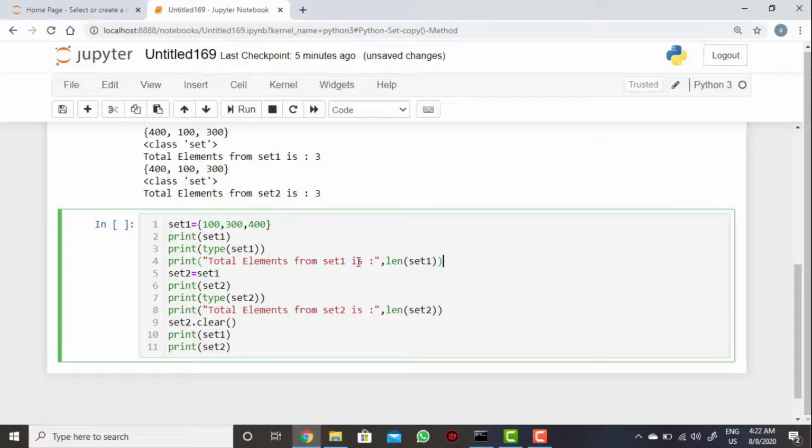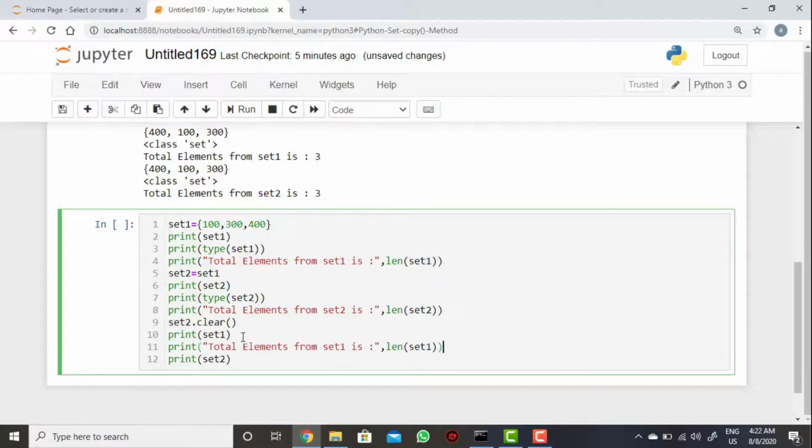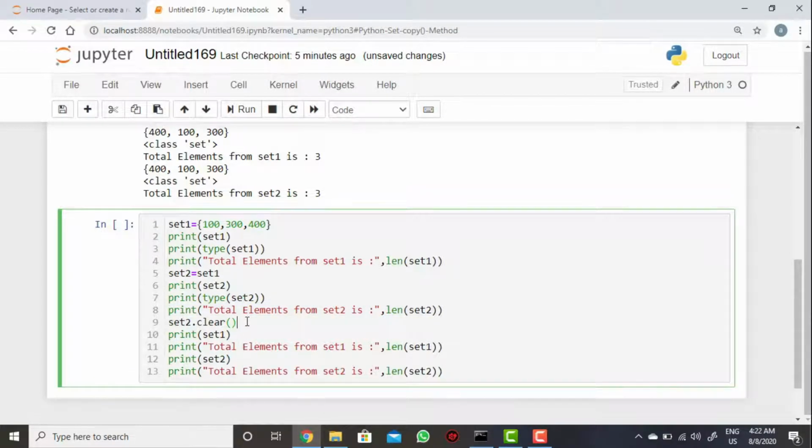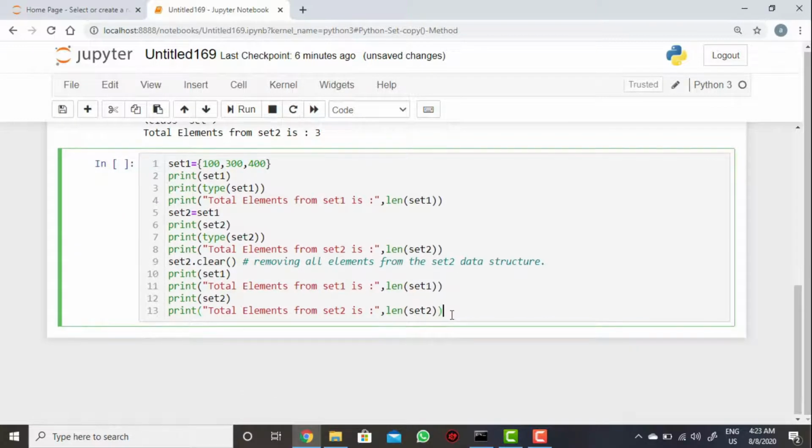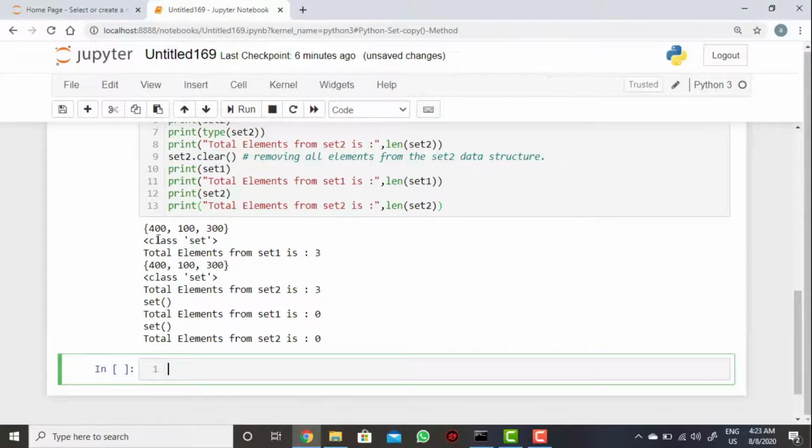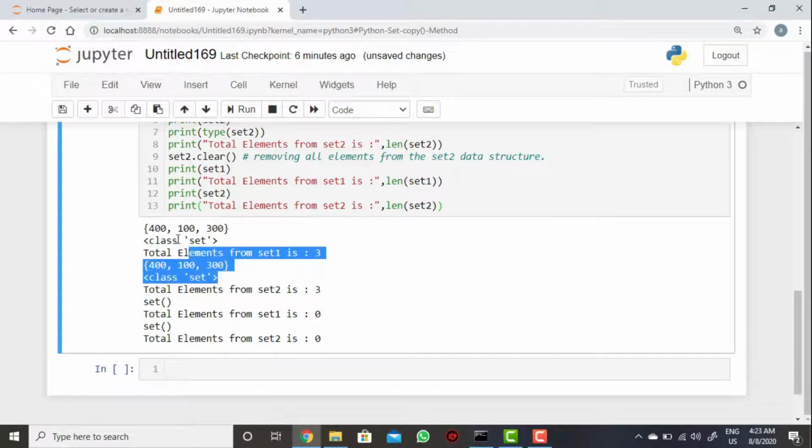So whenever I am removing all the elements from the set2 data structure, it will reflect on set1. Now execute here, and let's see the values after the clear method.